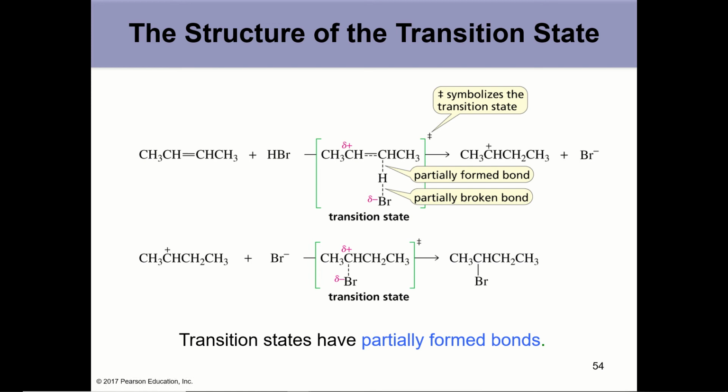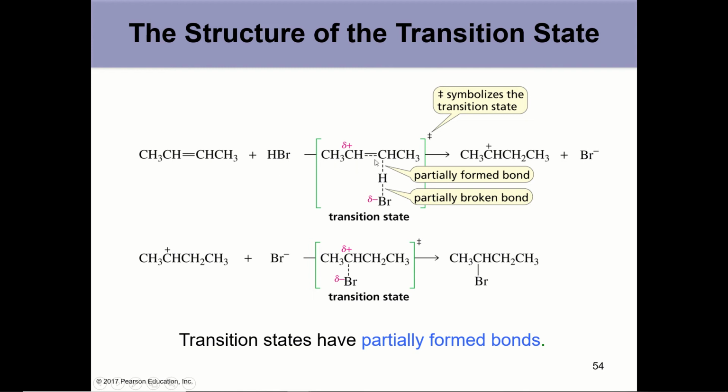All right, so I've mentioned several times what we call the transition state, shown at the maximum of the reaction energy coordinate diagram. The transition state is an unisolable state of the reaction where new bonds are forming and bonds are being broken. So we like to show what we believe is occurring at the transition state by drawing in partially formed and partially broken bonds with dashes. So when we have our alkene reacting with HBr that we talked about at the beginning of the chapter,